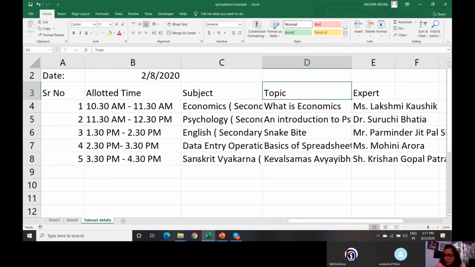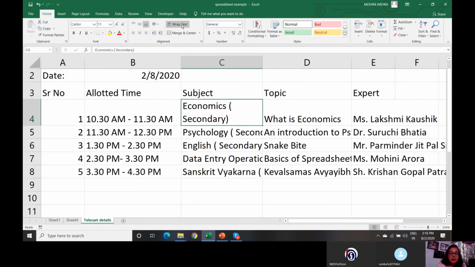Now, you must be noticing since the time we have seen this particular worksheet that entire data is not visible. Entire data is not visible in my particular worksheet. So what do I do so that entire data may be visible? Although there's something called format options, we can simply use wrap text. See now entire data is visible in this particular cell.